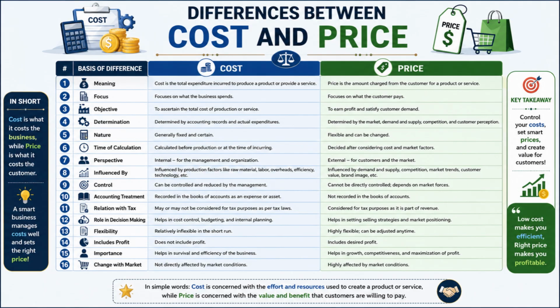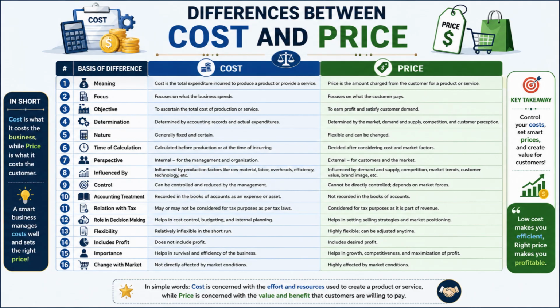Number 1. Cost is the total expenditure incurred to produce a product or provide a service, whereas price is the amount charged from the customer for a product or service. Number 2. Cost focuses on what the business spends, whereas price focuses on what the customer pays. Number 3. Cost aims to determine the total production or service expense, whereas price aims to earn profit and satisfy